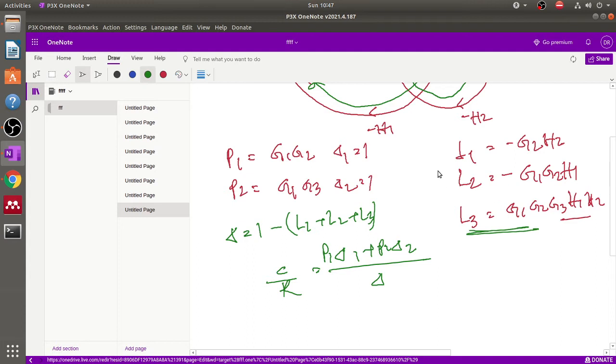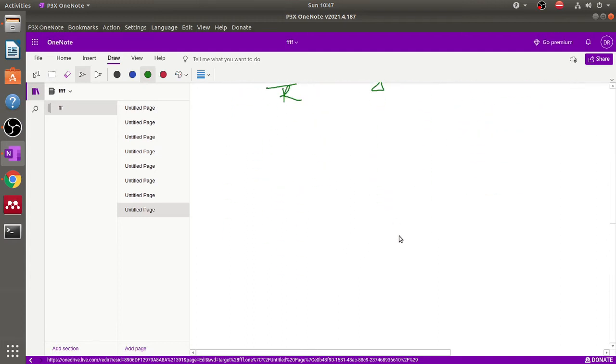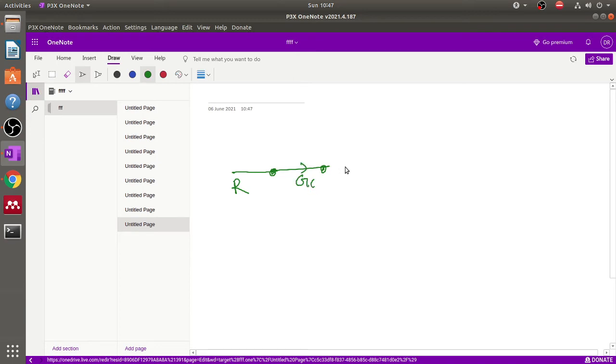Now consider this signal flow graph analysis method. Now for this method, this is G1 transmittance, this is G2 transmittance, transmittance, this is G4 transmittance, this is 1,